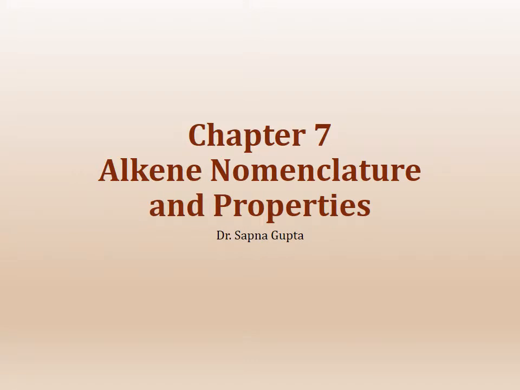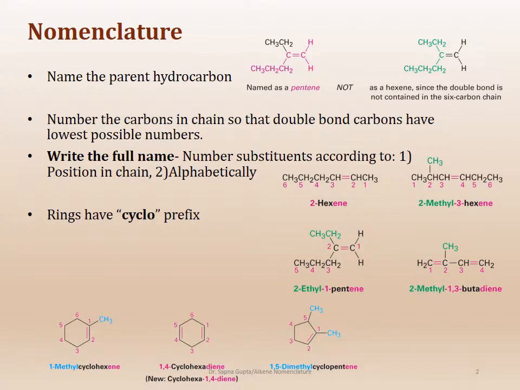Let's look at alkenes now and their properties. So in this section, we want to talk about the alkene nomenclature and some of the physical properties and some applications of alkenes. Let's start with nomenclature. Nomenclature rules are pretty standard, the way they were before, which means that you have to name the parent hydrocarbon,